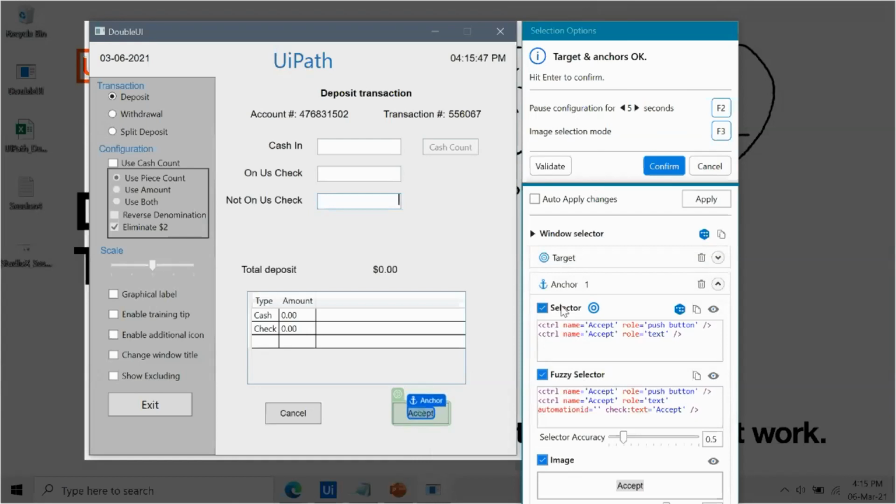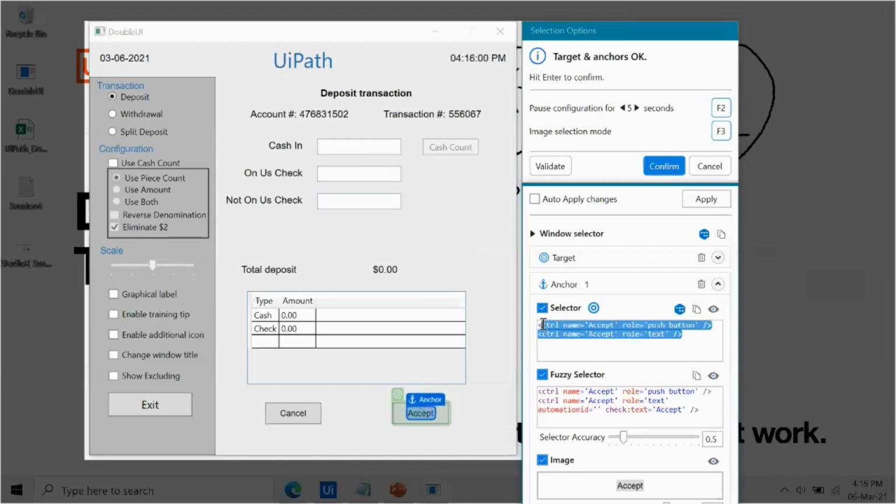We will see the selector and the fuzzy selector in detail. As of now, you can just relate that every target or element has its own attributes and properties, which the UiPath bot has automatically captured and uses to interact with these buttons.